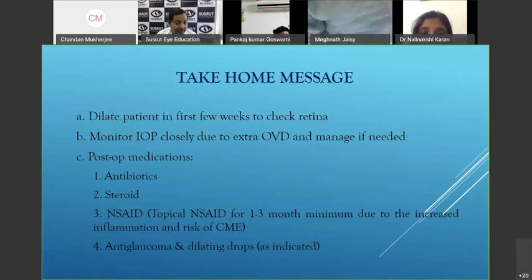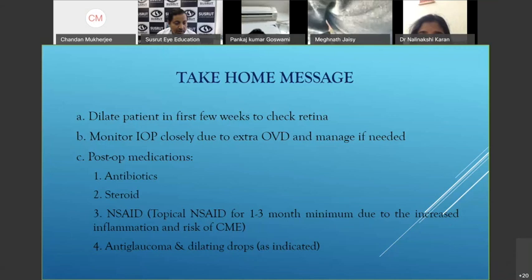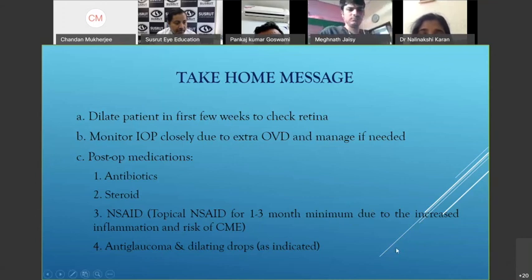If you can identify the case that this may lead to PCR, if you can identify it first, and if you manage step by step, it gives almost normal results like a normal cataract. With these few words, I